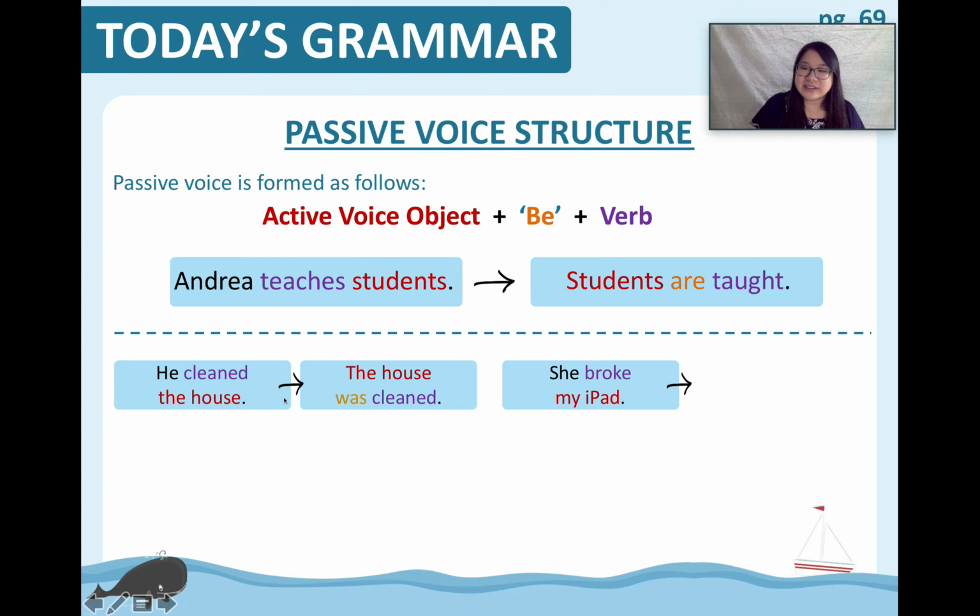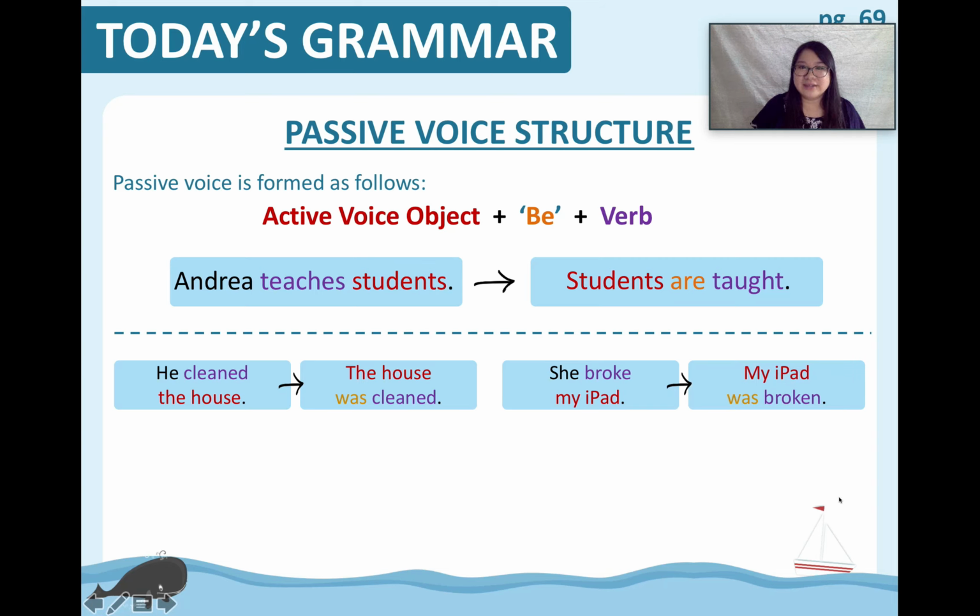In the second example, we are using the past simple tense. He cleaned the house. The house was cleaned. So the be verb matches the verb tense. And here we have the past participle. She broke my iPad. She, iPad. Flip. My iPad